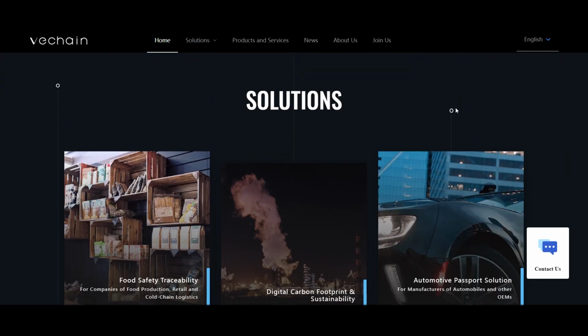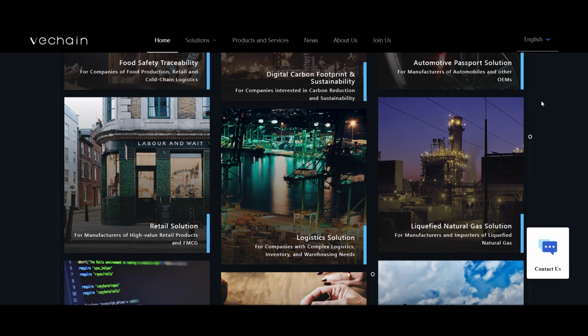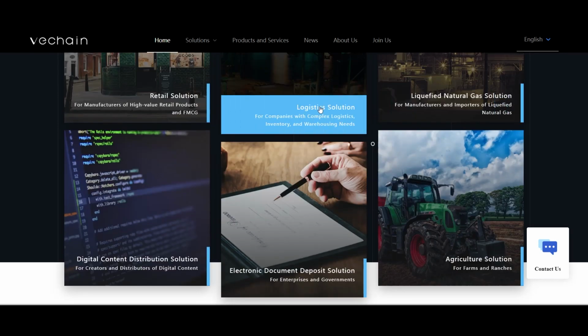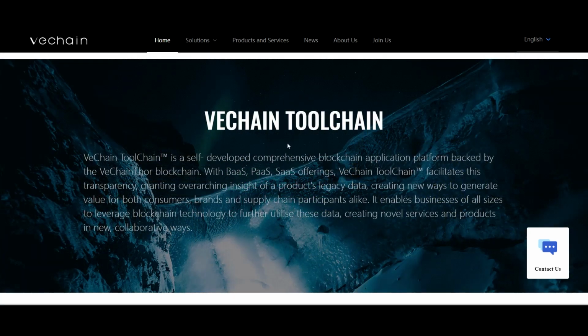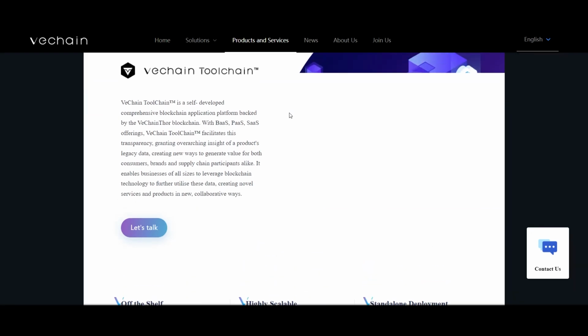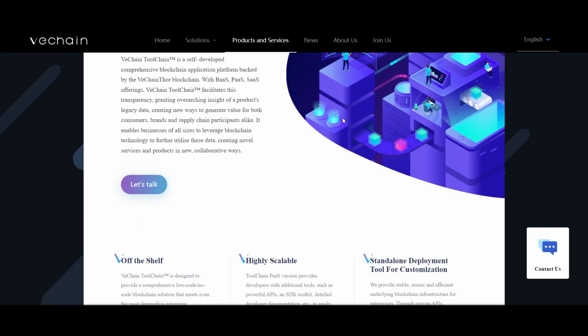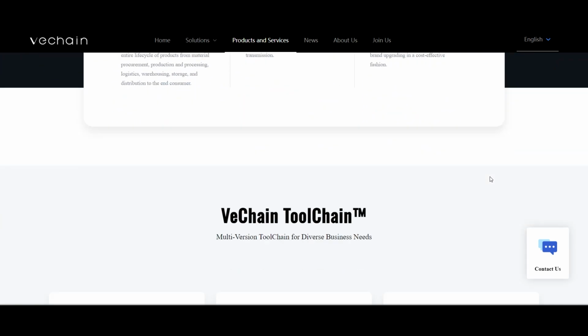VeChain is starting to see some wins. If it can build on them, and it does so, it could see even more adoption. The project is well thought out, it has good governance, and a unique economic model that works very well when taking into account the needs of large organizations and enterprise customers. It has not been bogged down by scalability issues common with many blockchain projects, although that could be due to lack of adoption. It also has hurdled the December 2019 hacking issue, which could have been a major concern for